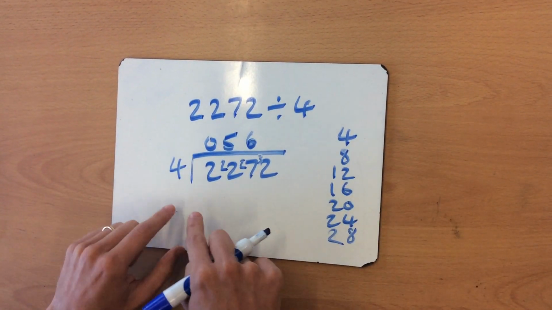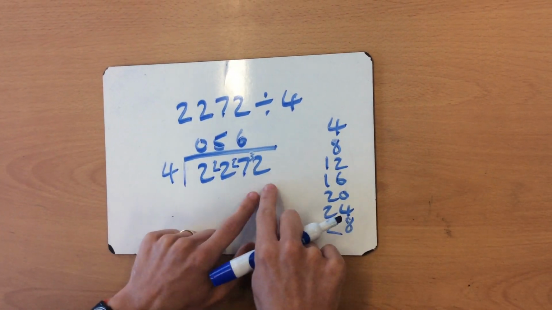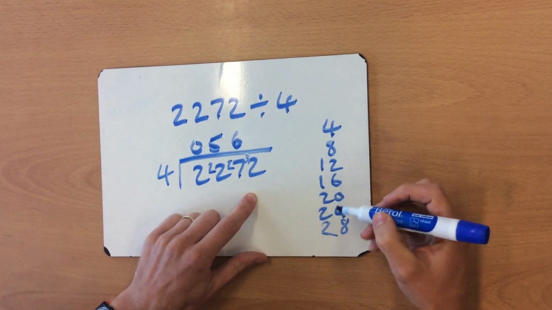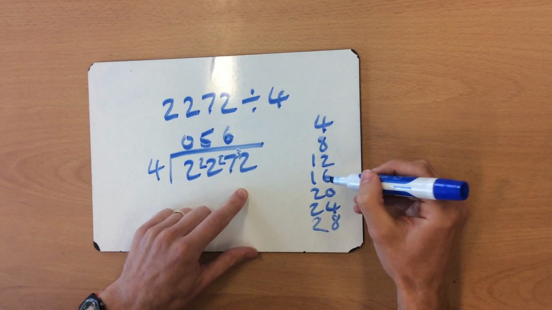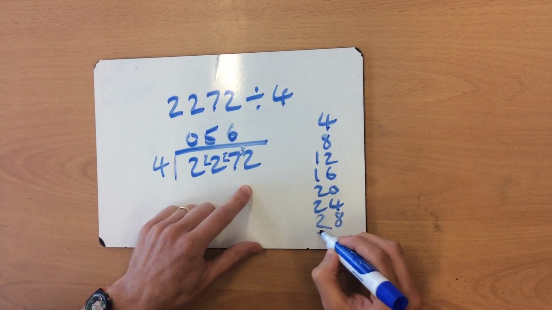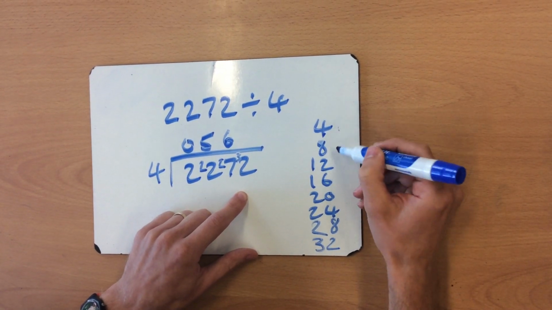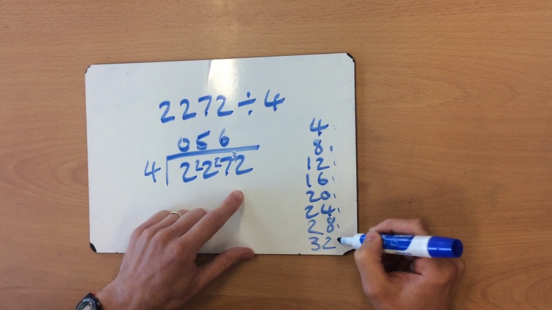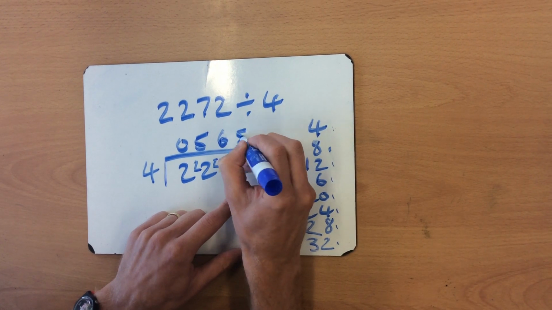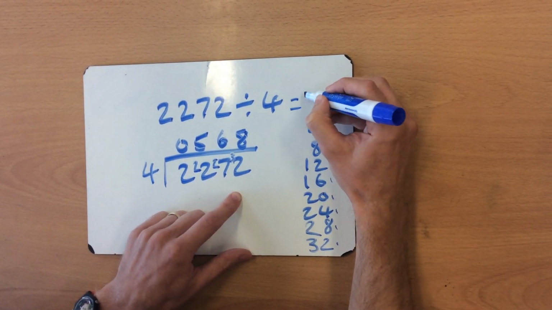I'm going to repeat the same steps again. How many times does 4 go into 32 exactly? Right, let's go back to my 4 times table. 4, 8, 12, 16, 20, 24, 28, 32 exactly. Right, so how many times was that then? 1, 2, 3, 4, 5, 6, 7, 8 times exactly. So the answer to this calculation would be